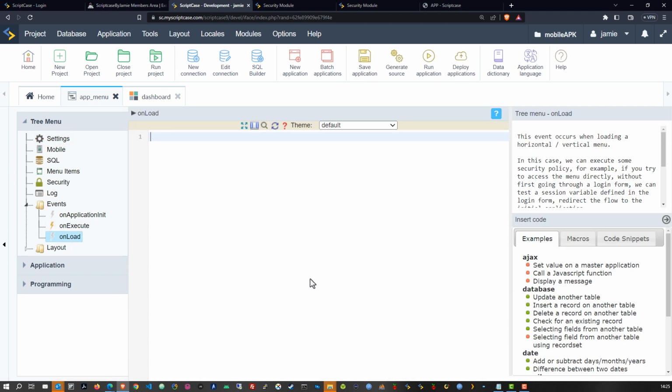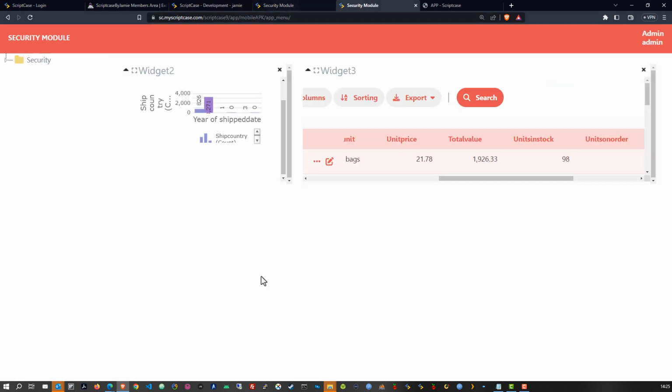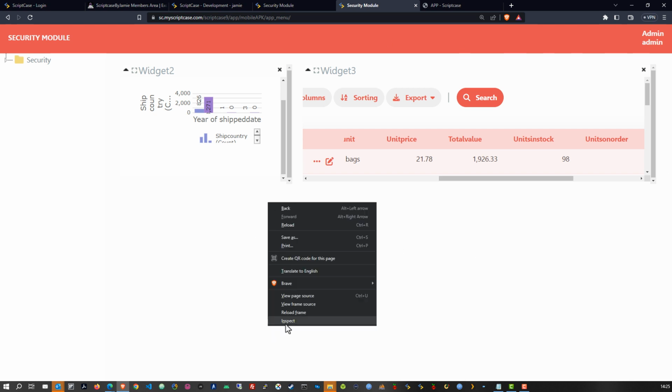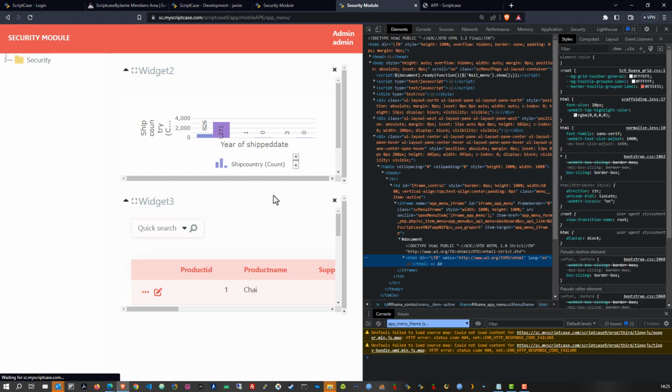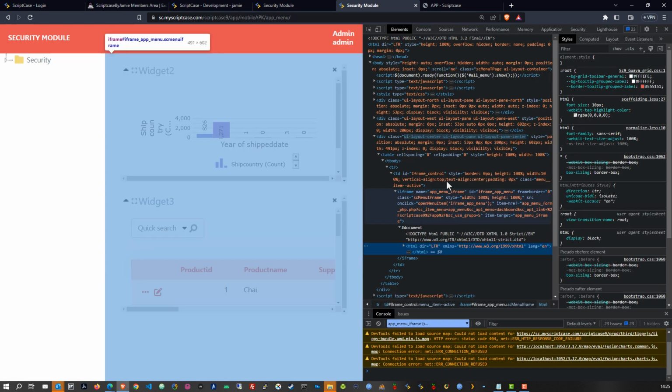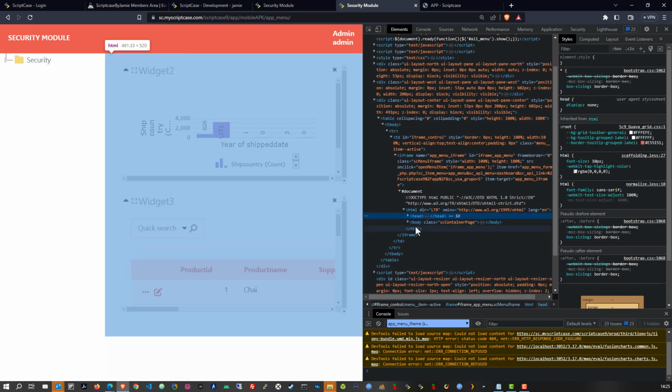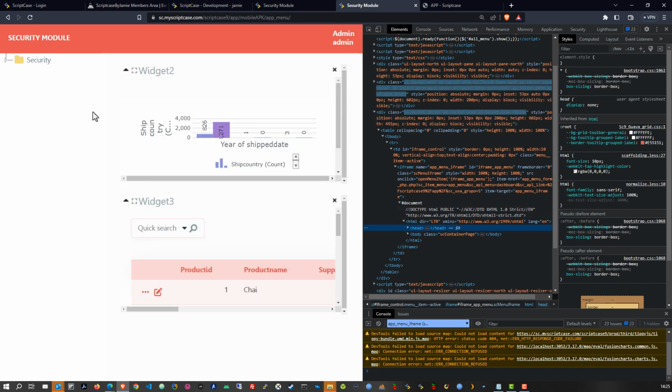Now, one of the most important factors of any development these days is that it's all CSS. Everything here that we see is CSS. So if I right click on my application, my page, my portal, my platform, whatever it is you are viewing right now, I can then view here the styling that we have available. Okay, and we can make adjustments within the Scriptcase environment, but for mobile devices, you may want to make other